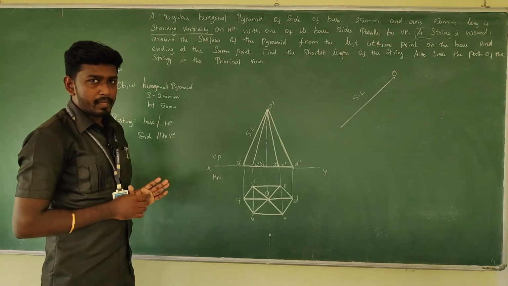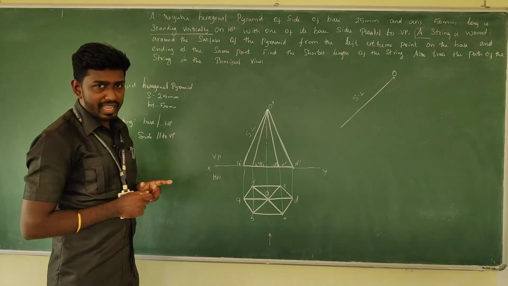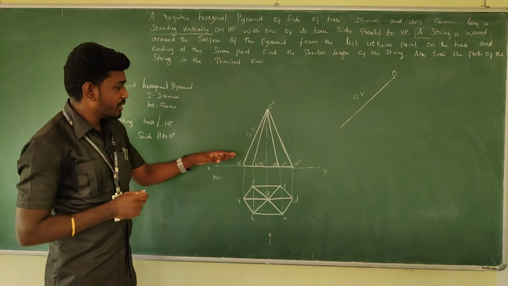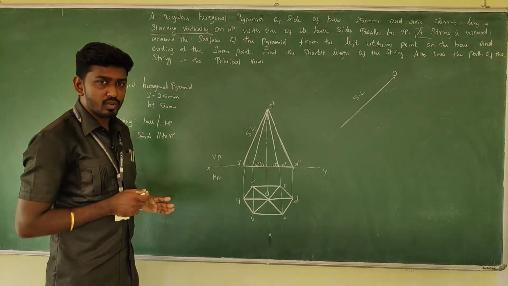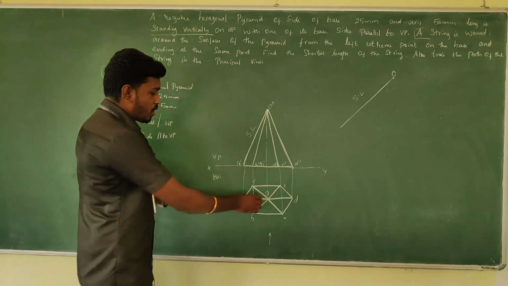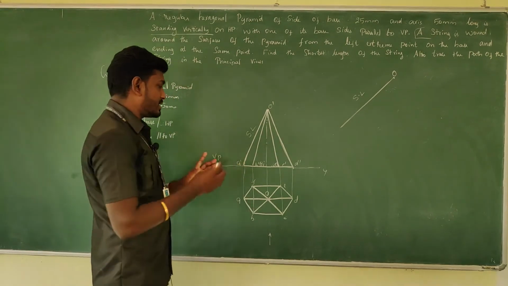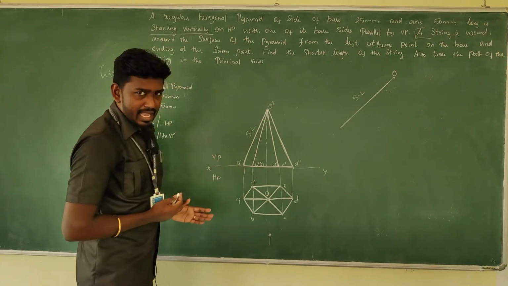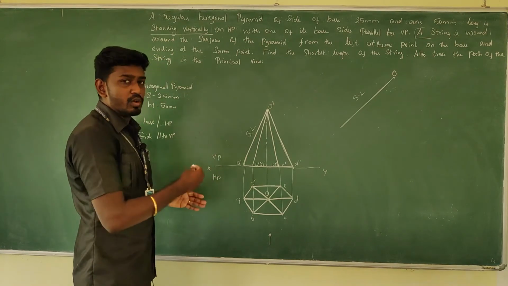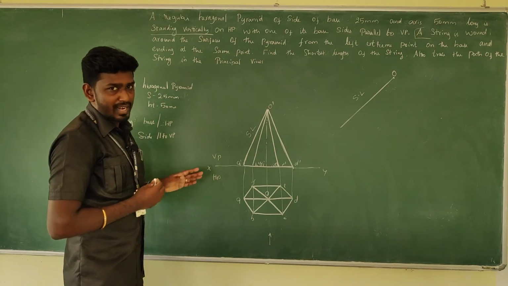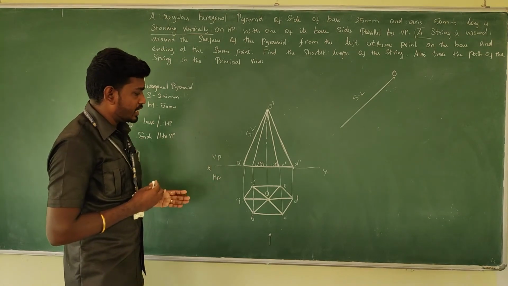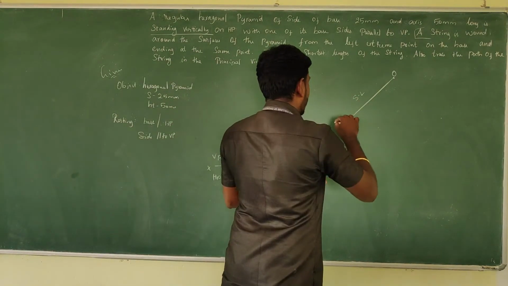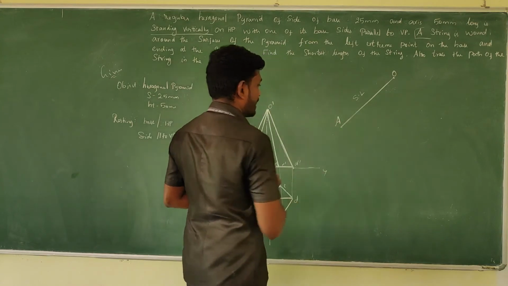Always remember, if you want to take the true length of any line, it should be parallel to VP. In the top view, that particular edge should be parallel to VP. So here OA is parallel to VP, so that without any confusion we can take the measurement O to A. If any of the edges are not parallel to VP, we need to bring one of the edges parallel to VP. Here no issues, just directly take the measurement O to A. And make a cut in this line so that you can specify the capital A.